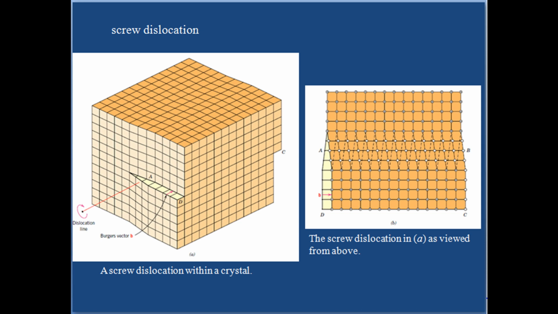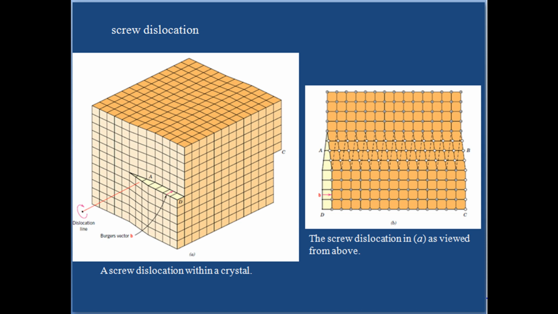In this dislocation, the atoms are displaced into separate planes perpendicular to each other. It forms a spiral ramp around the dislocation. The Burgers vector is parallel to screw dislocation line. Speed of movement of screw dislocation is lesser compared to edge dislocation. Now we are going to see the screw dislocation concept once again.